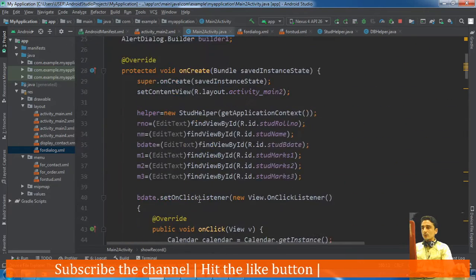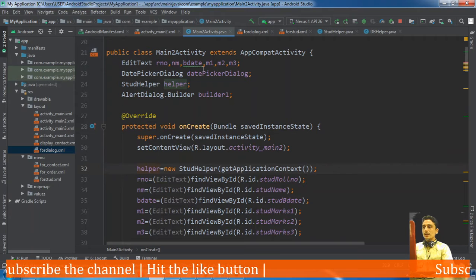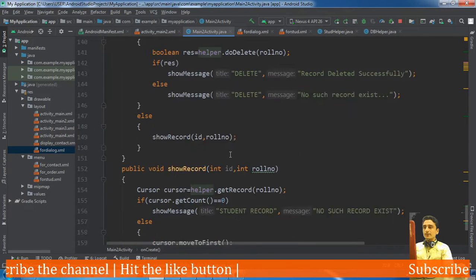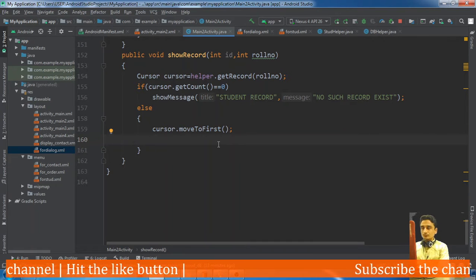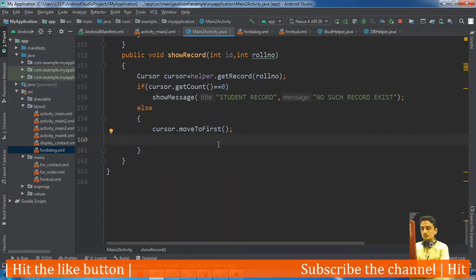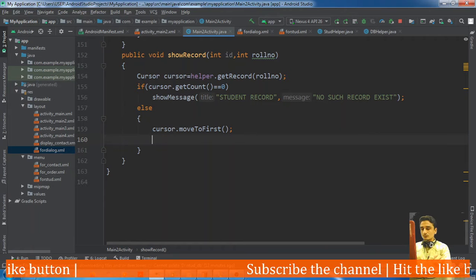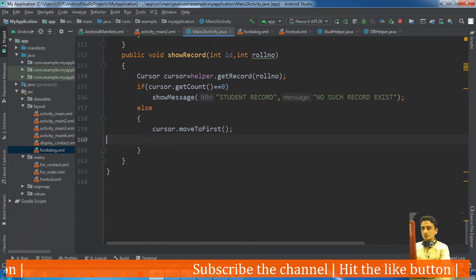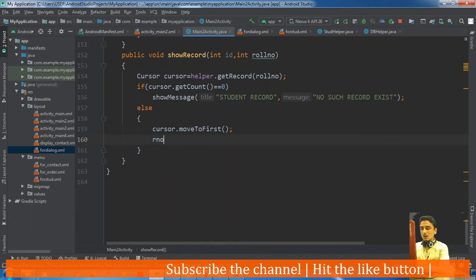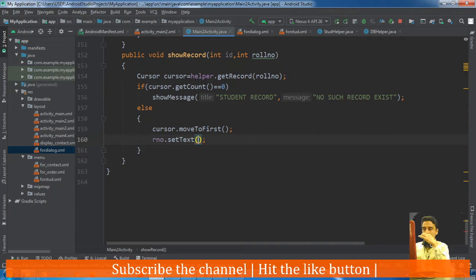So the layout, if you remember, we have this many edit views: roll number, name, birth date, M1, M2 and M3. rno.setText, that is